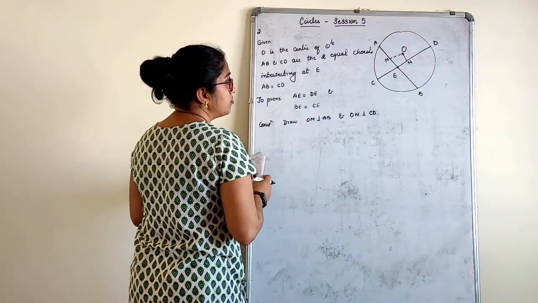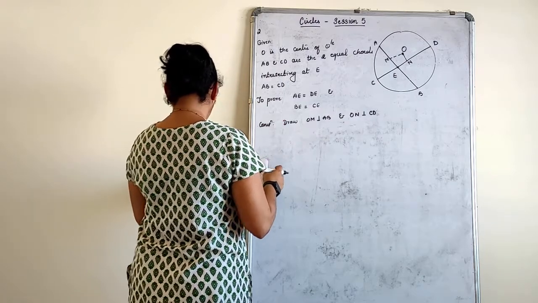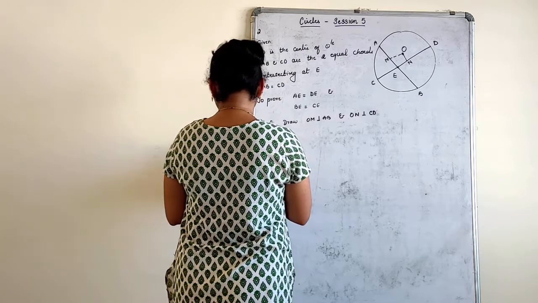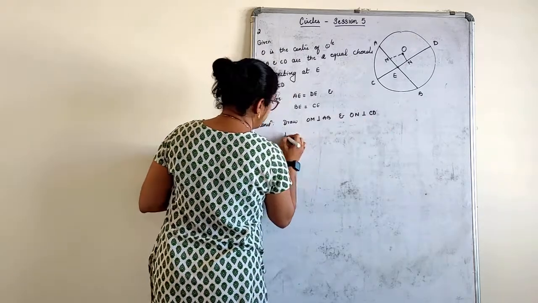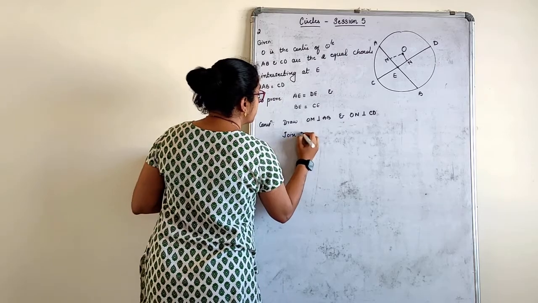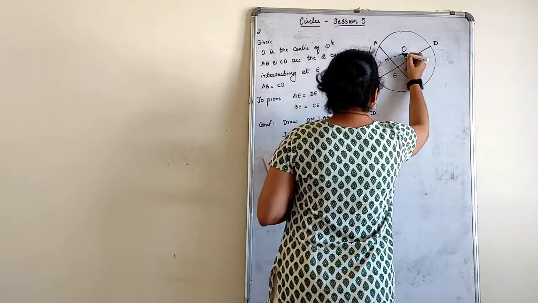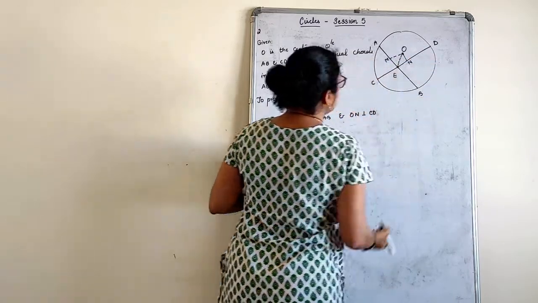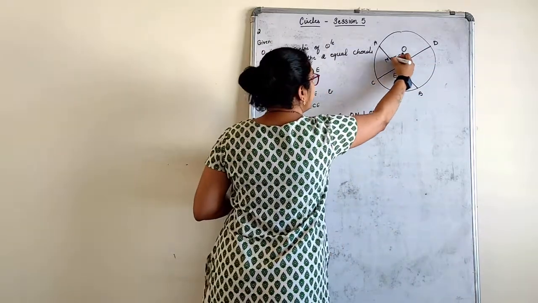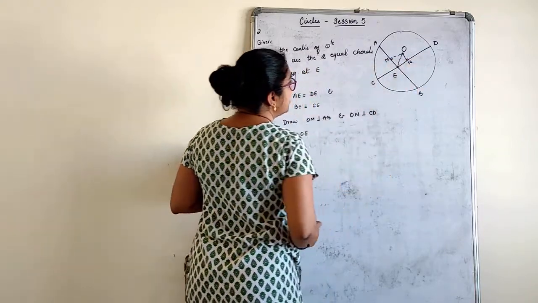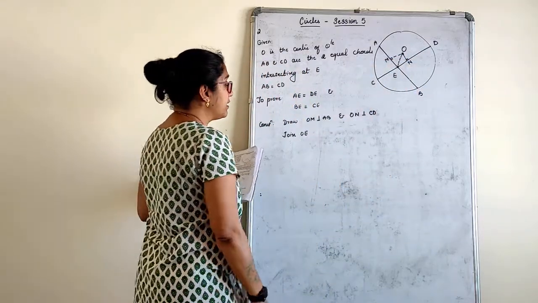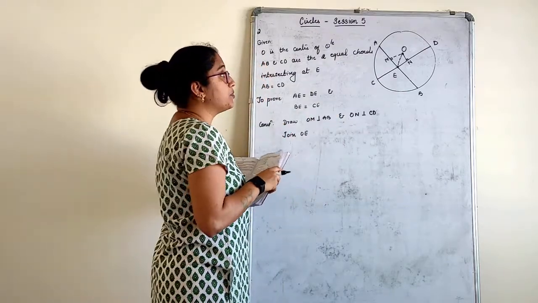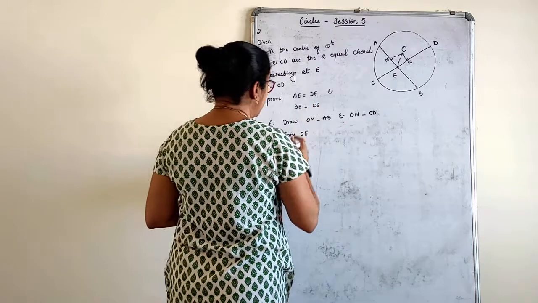Okay, so those two perpendiculars we have drawn. The next part: join O. So what we will do here is we will join this. Slightly bigger triangle, if you take, it will be easy for you to understand. These are perpendicular. Join OE. Very clear? Now let's consider those two triangles and let us prove that they are congruent.